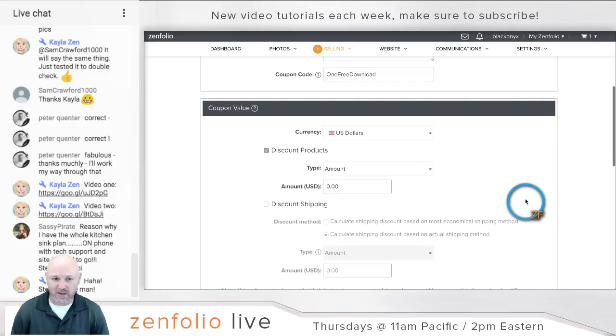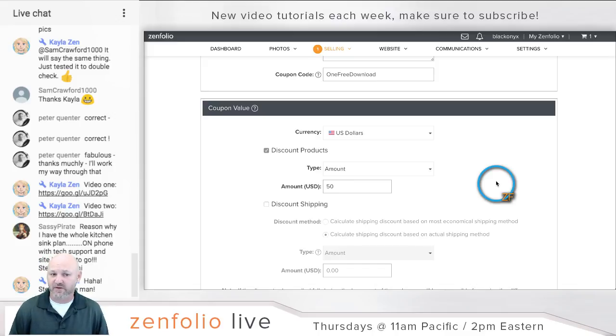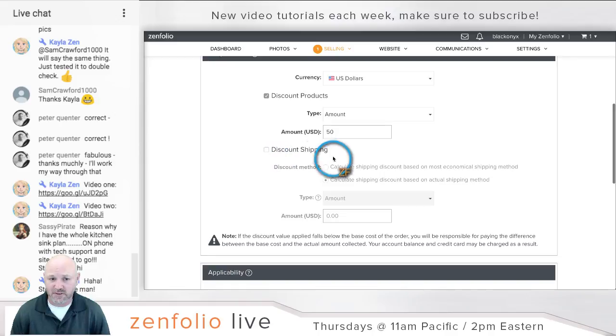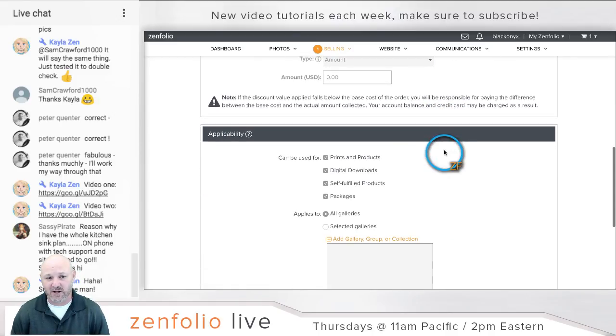And I'm going to leave this at an amount discount, and I'm going to say discount it up to $50 because we're giving them a free digital download. And as we priced it earlier, a single image download was $50. So we're going to cap that at $50. There's no shipping on digital download, so you don't have to worry about that. Next, down here in this section right here, we're going to want to make sure that we uncheck everything